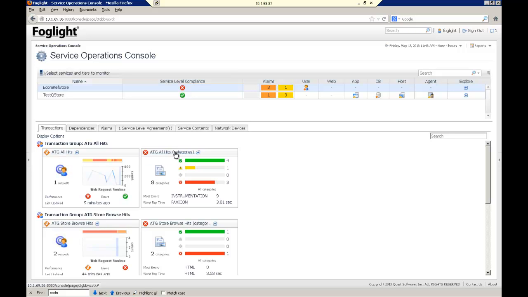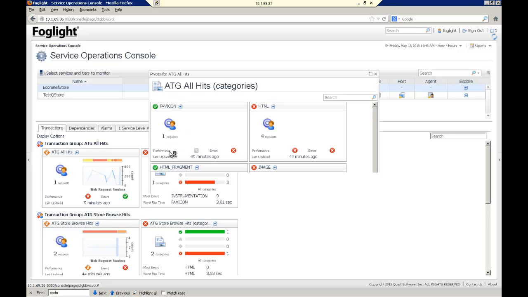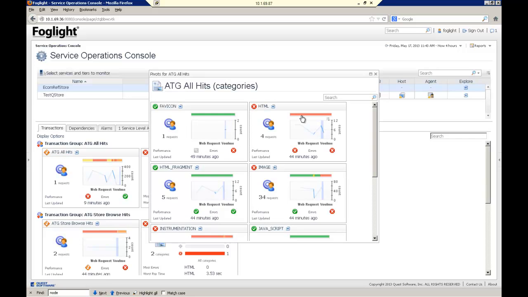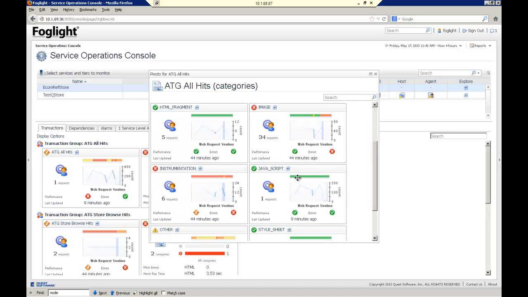I broke this down also into categories. So there's several breakdowns you can do: categories, browser types, locations. In this case, I just picked categories, and I could see that 3 of my problems are on instrumentation. So let's go ahead, instead of clicking into all hits, let's filter out and just focus on our instrumentation. So now I do have some HTML hits as well, but my instrumentation has most hits, most problems that I